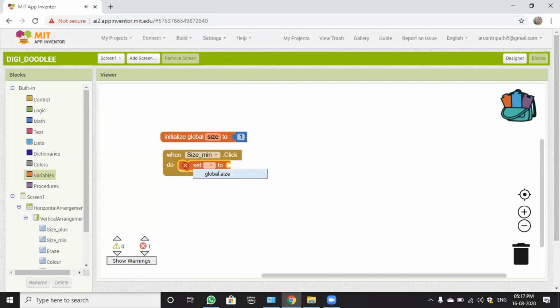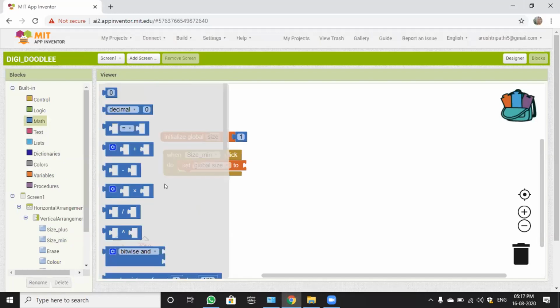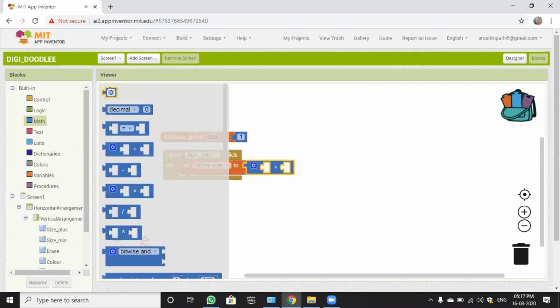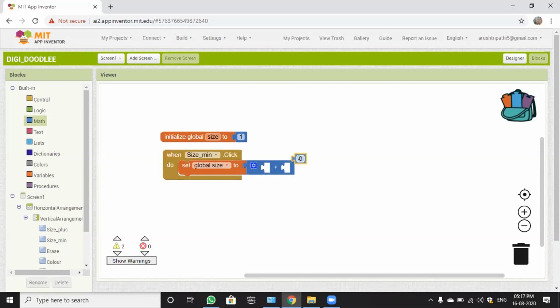In place of dash, you can get an arrow. Click on the arrow and set global size to. Now go in math block. Take a plus block, attach it here. Go to math block once again. Take a 0, write it 1. Am I clear?